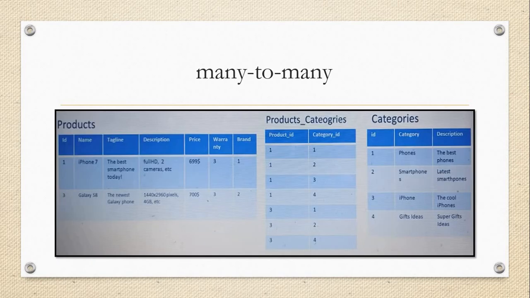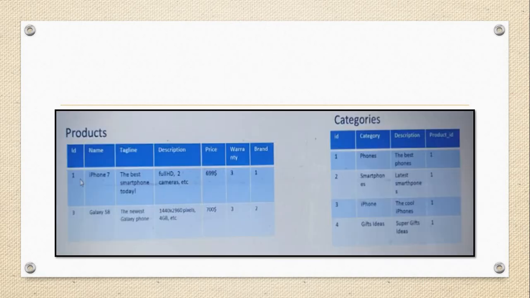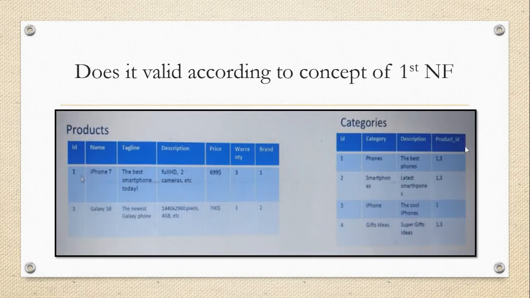Whenever we create a many-to-many relationship, a third table will be created automatically. Make a note of that. We tried to resolve this issue by performing different kinds of operations, but we did not get it right because we have a problem with the first normalization form: we cannot accept multiple values in one record according to the first normalization form.